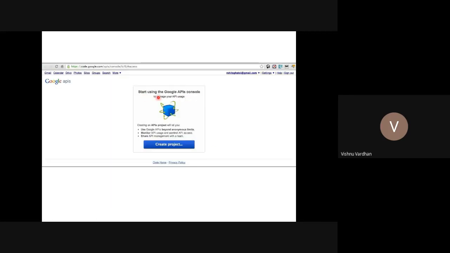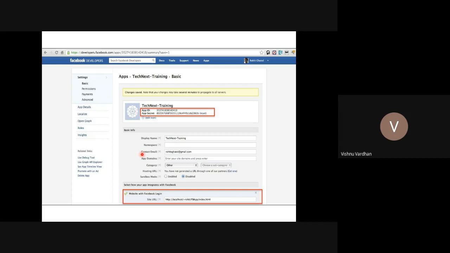Then it creates the complete flow to get access to the Facebook profiles or any other information, which is going to be validated by Facebook only, not by TechNext. So TechNext is the third-party client, and Facebook is the resource provider.